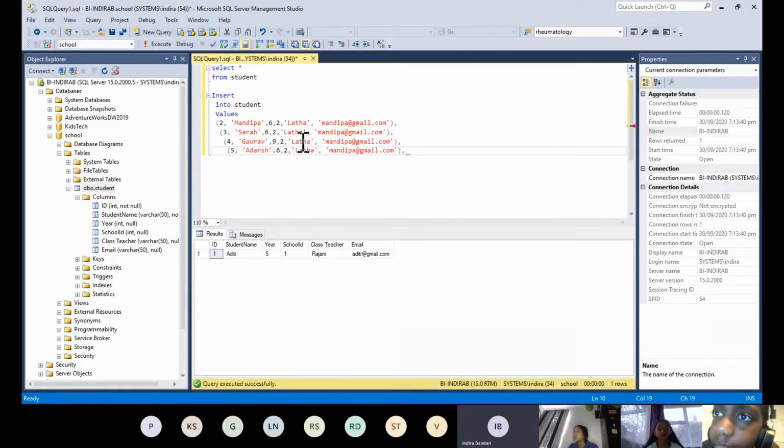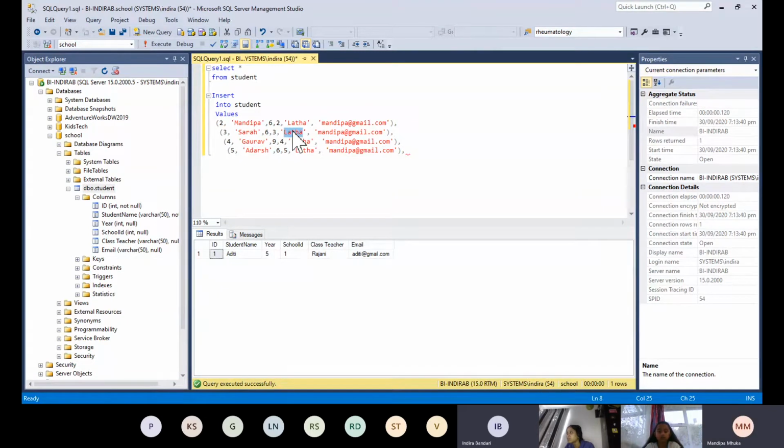Okay. And schools are, Sarah doesn't go to the same school. So let's say 3. And Gaurav goes to, both of you go to the same school? 4. I'll just say 4. No. Okay, so 4 and 5. So there are 1, 2, 3, 4 and 5. So all of them go to different schools. So that means we have to change the names of the class teachers.